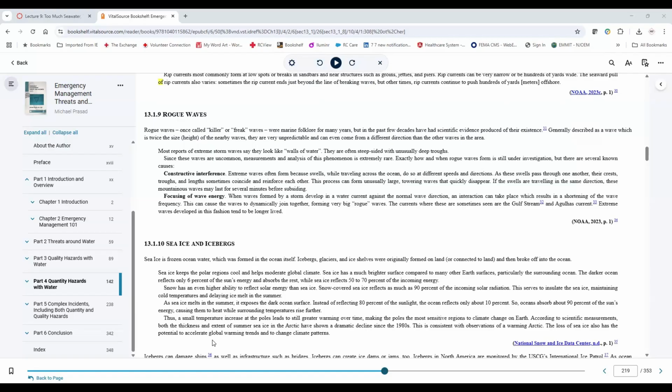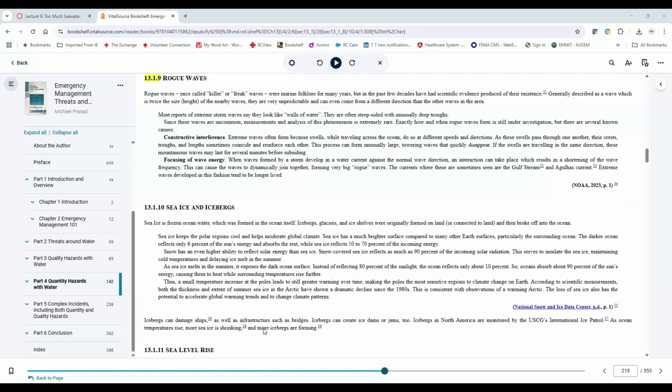And that may not only be something up in Greenland or way in the north. Those things can travel as well, and they can start to get into the Atlantic and impact shipping and ocean travel. As it says, icebergs can damage ships, infrastructure, bridges, and then of course we have if it's an iceberg or ice dam forming on ocean water in the Mississippi that's working its way upward, or in the Delaware Bay, in the case of Jersey, up the Delaware River, or in the New York Harbor, heading up the Hudson. Those are things that could happen. So things to be concerned about as icebergs are forming.